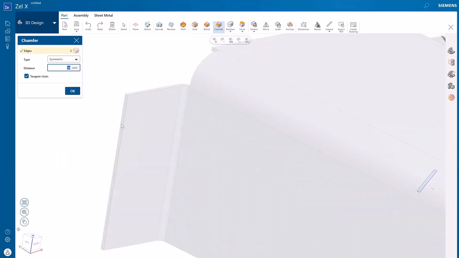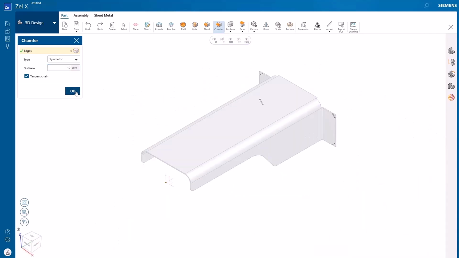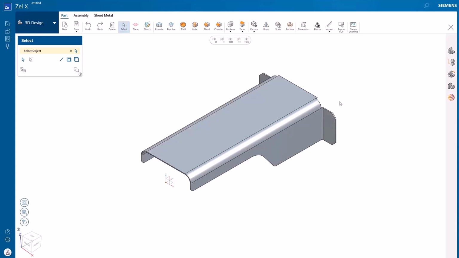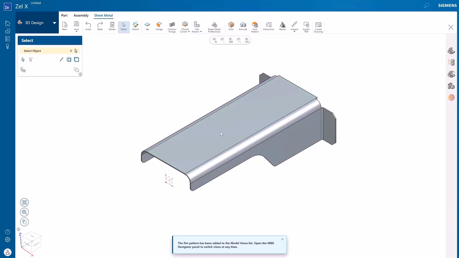With our design complete, we require a flat pattern of the bracket for manufacturing purposes. We can transition back to the sheet metal environment and click on the Flat Pattern command. With a selection of the upward face and an edge to define the orientation, our flat pattern is created within